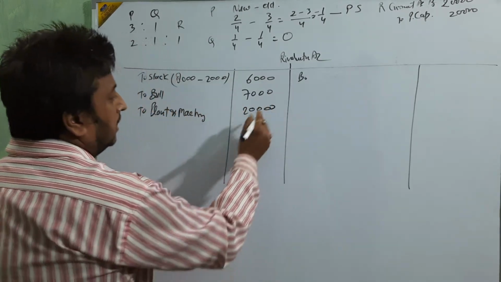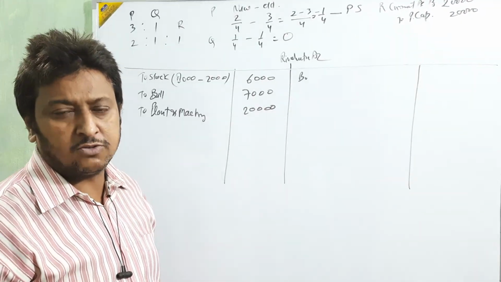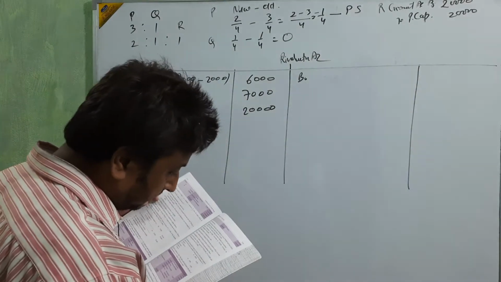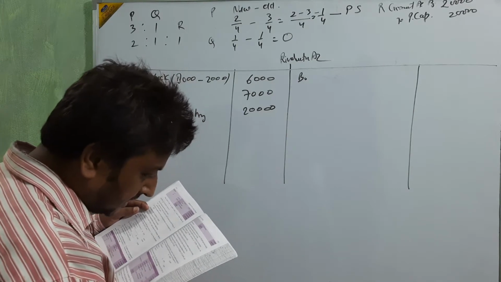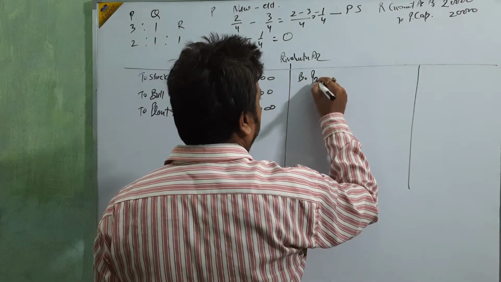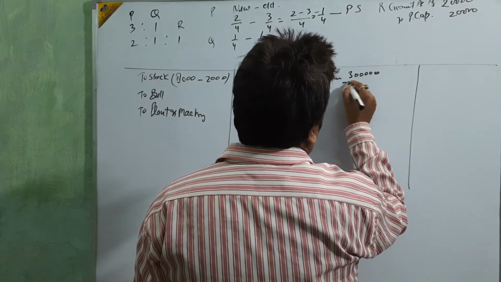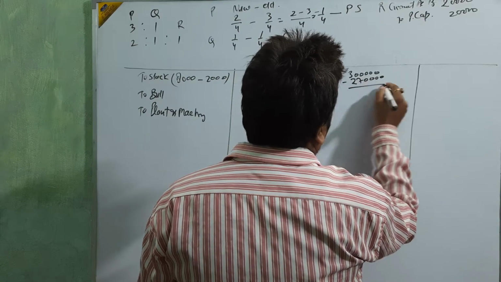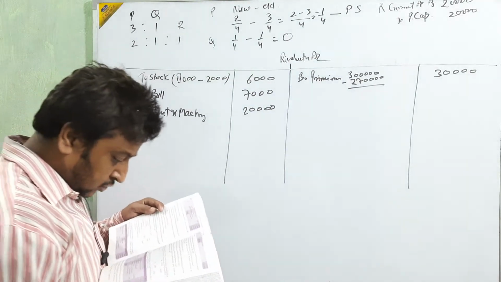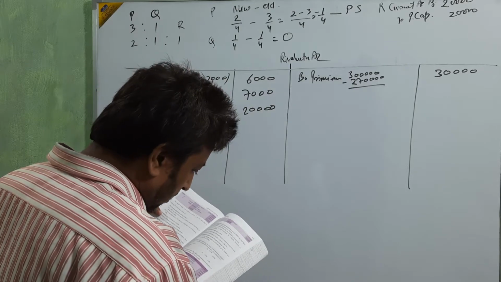So plant and machinery loss is 20,000. Clear? More value is given in the books, 20,000 more. The right value is less, so there is a loss of 20,000. Next, premises. The new value of premises is 3 lakh and the old value is 2,70,000. Then the difference is 30,000. That is an increase, so we show 30,000 as a gain. Okay, clear?